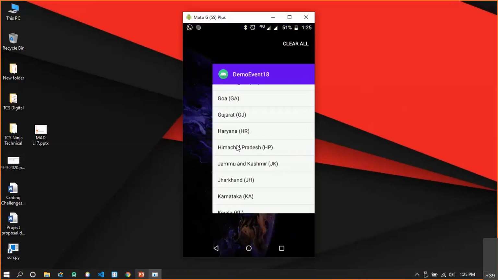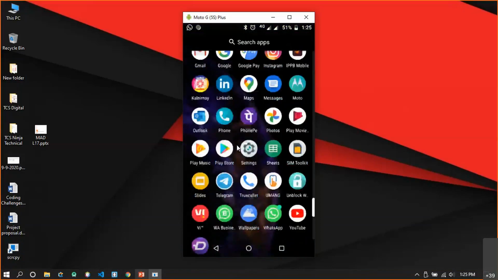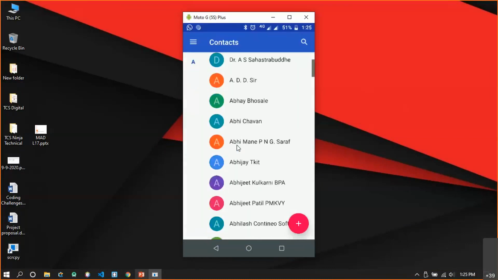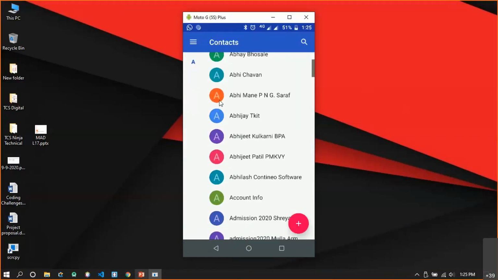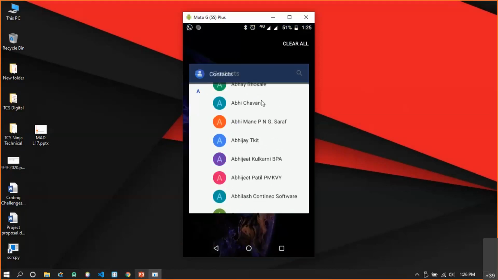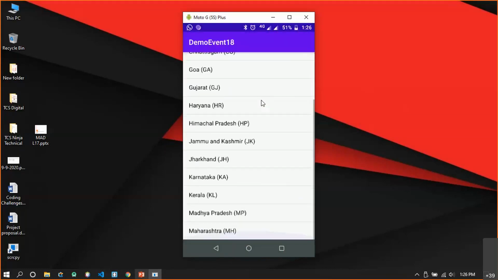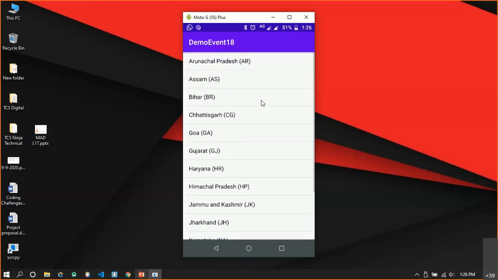In the next lecture, we will see how to create the custom list which will have the appearance in this way. What is the appearance here? We have one icon, and in front of that, we have the actual text. The default list given by Android is really simple, consisting of simply text. What if I want to add different icons in front of that? We are going to see that in the next lecture.